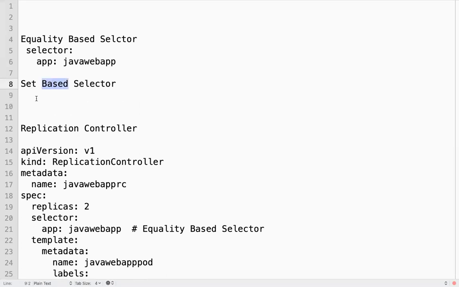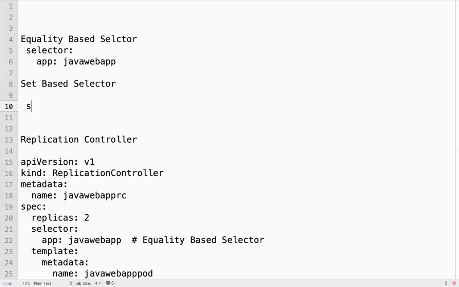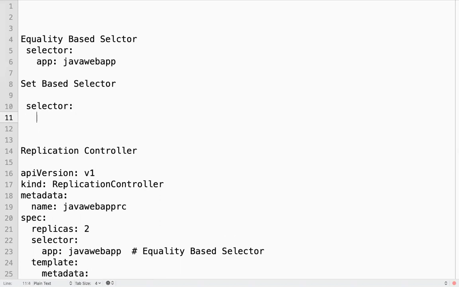Here we can use something like matchExpressions.